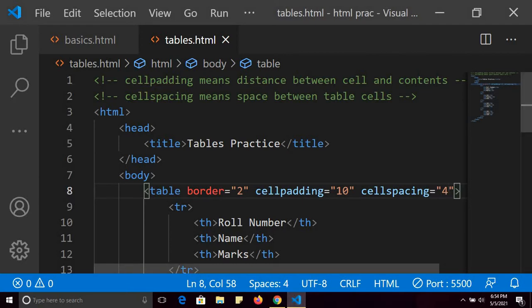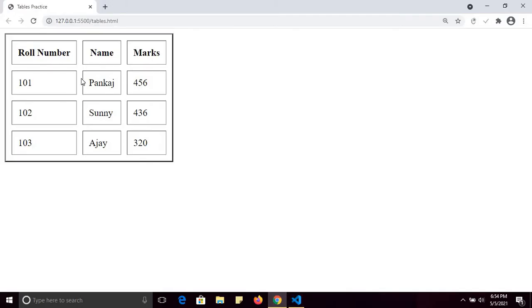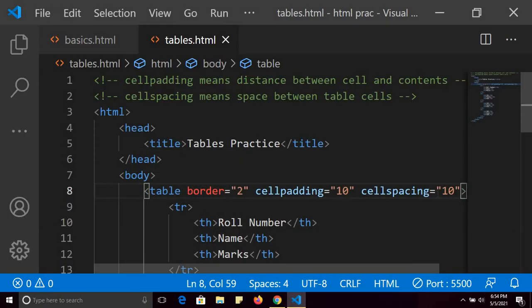Let me change its value to 10 to show you the difference. Now see, distance is 10 between two cells. Fine, so let me again change it to 4.